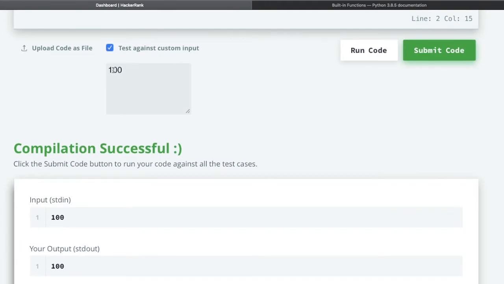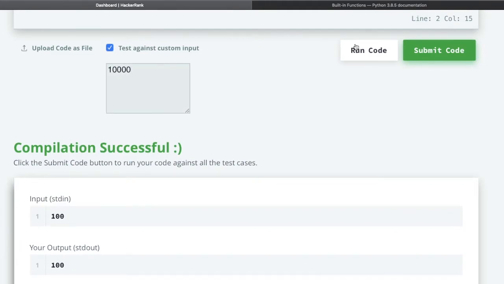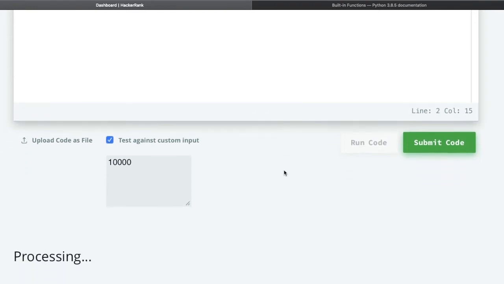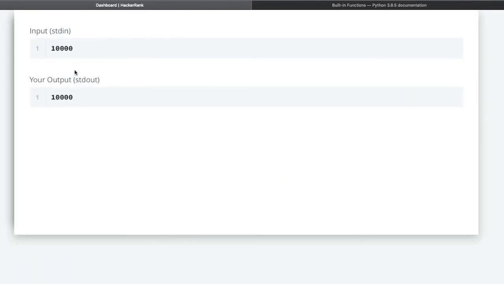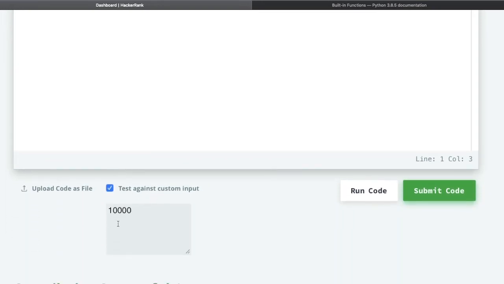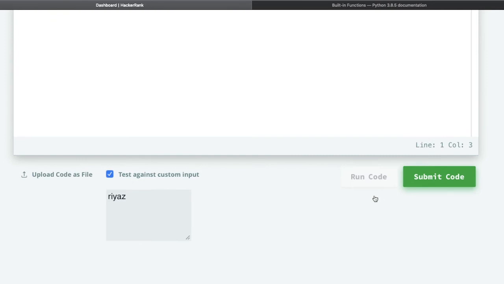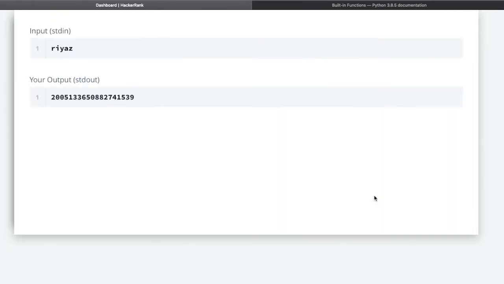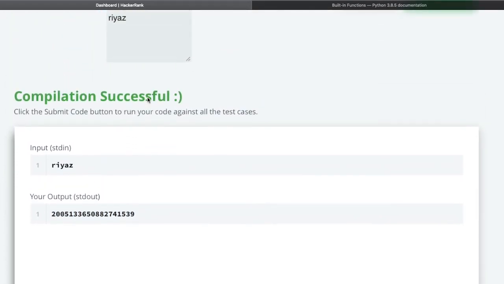Let us give 1000. So you can see here it is giving 1000. Let me take some string values. Suppose I am giving here Riaz. So you can see here for Riaz the hash value is something different. Let me execute the same code again.